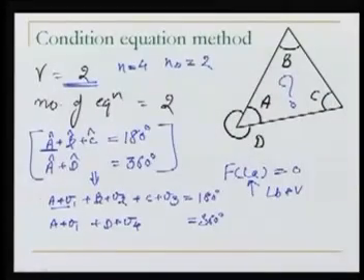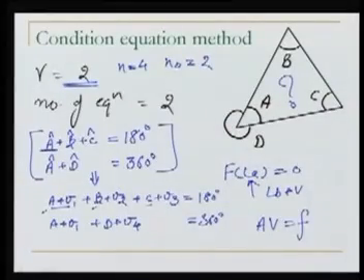Once we have done it, because finally we need to write this in the form AV is equal to F, where F is the constant term. So all the constants need to be taken on the right hand side. So I will take these constants, A, B, C to the right hand side. Now in taking these to the right hand side, we can write it as